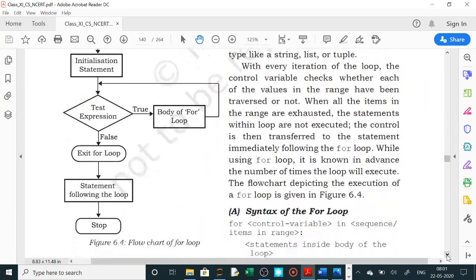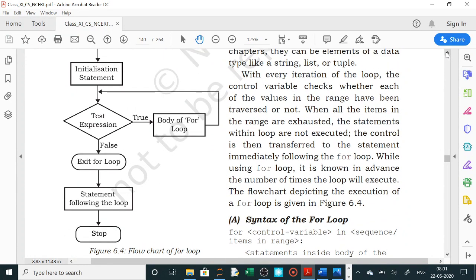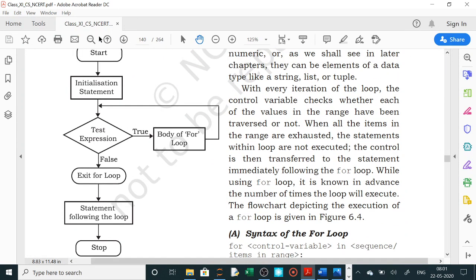Now how is a for loop executed? We will just start our program. We will initialize the variable which we will use in the for loop. Suppose the question is to print 1 to 1000. I will initialize x equals to 1, and then in the for loop, till x reaches 100 or 1000, whatever the user wants, it will simply check, do its work and increment by 1.